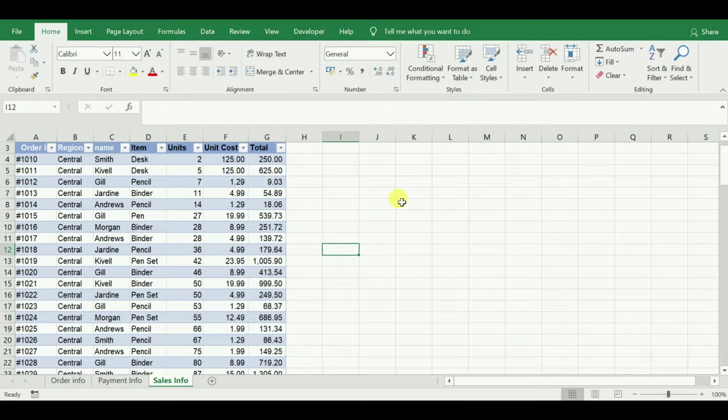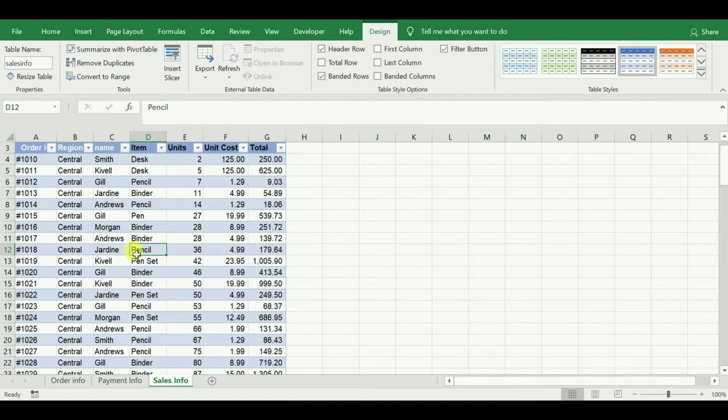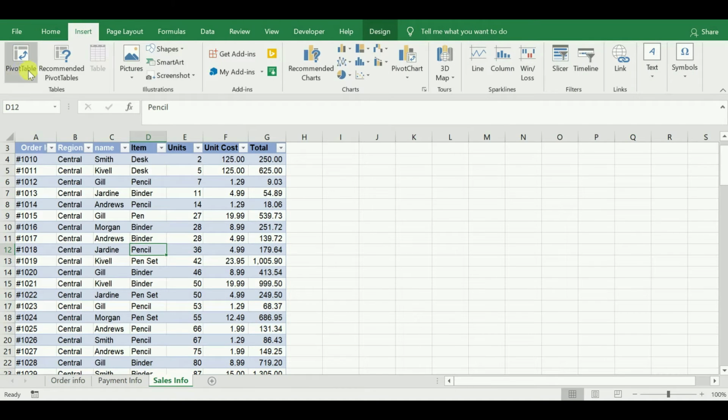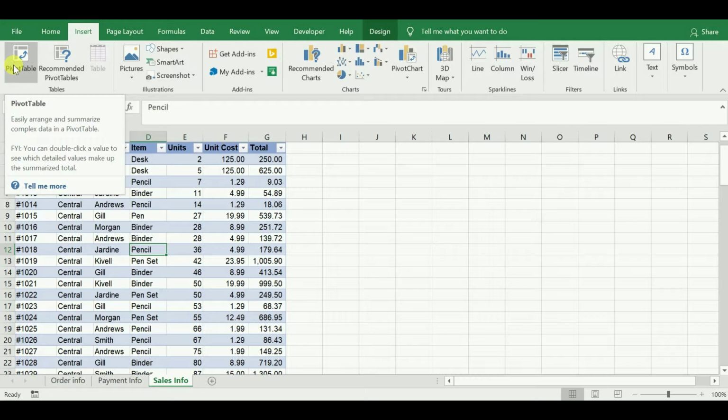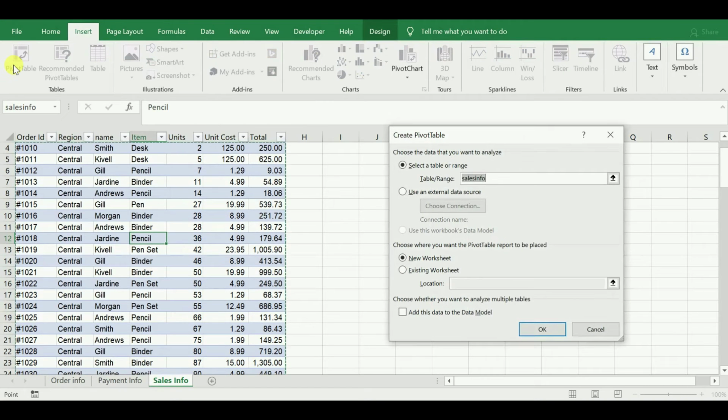The next step is to create the pivot table. Keep the cursor in the data, go to the insert tab and then click on pivot table. When you click on pivot table, the create pivot table dialog box will be opened. In this dialog box, the table range is automatically selected.